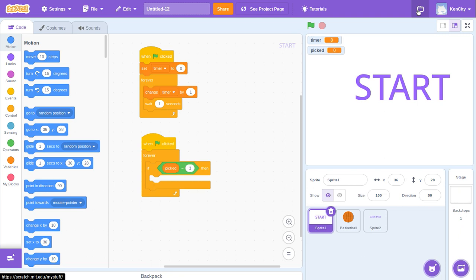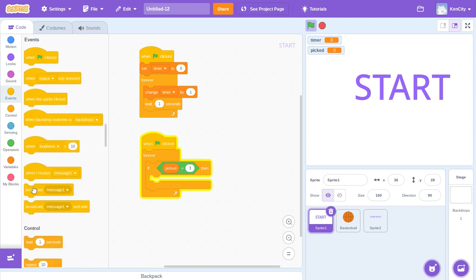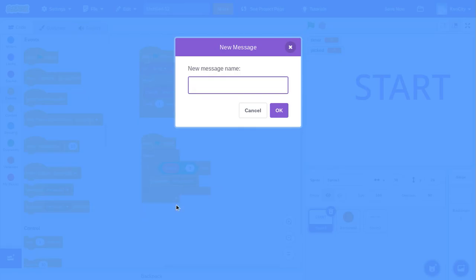So let's go back to this. Remember what this code does. This is the timer code. So this is the code that ends the game that we worked on before. So let's finish it again. Now we come to what? Broadcast. Okay, you broadcast a message from this. Now, what should be the message? The message should be